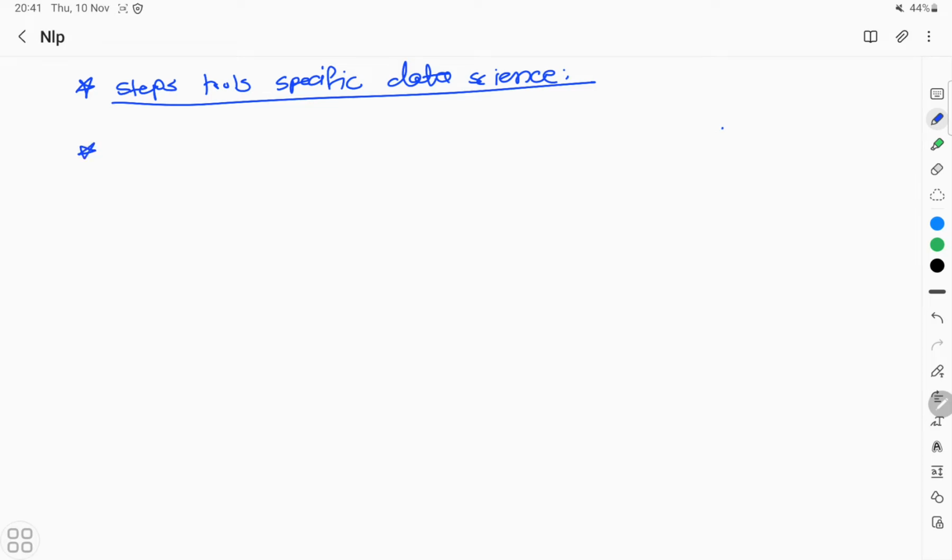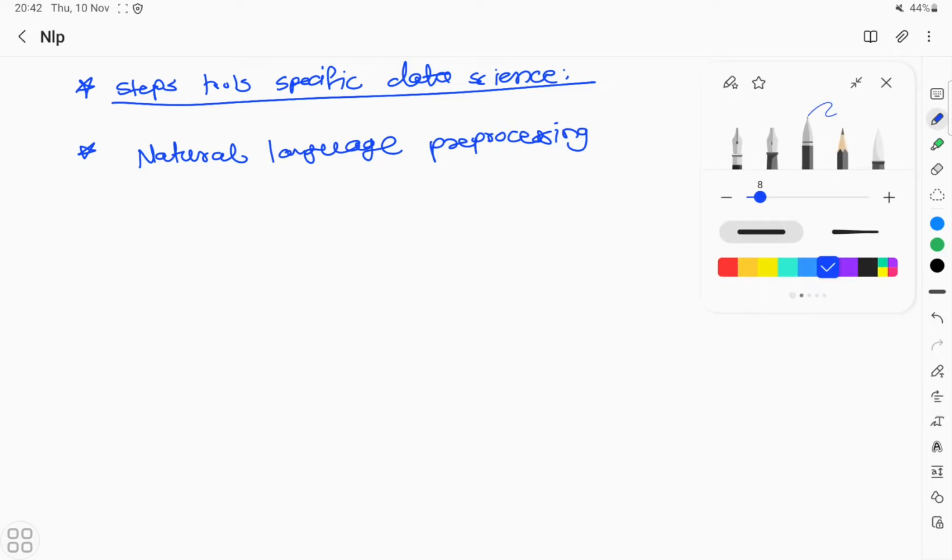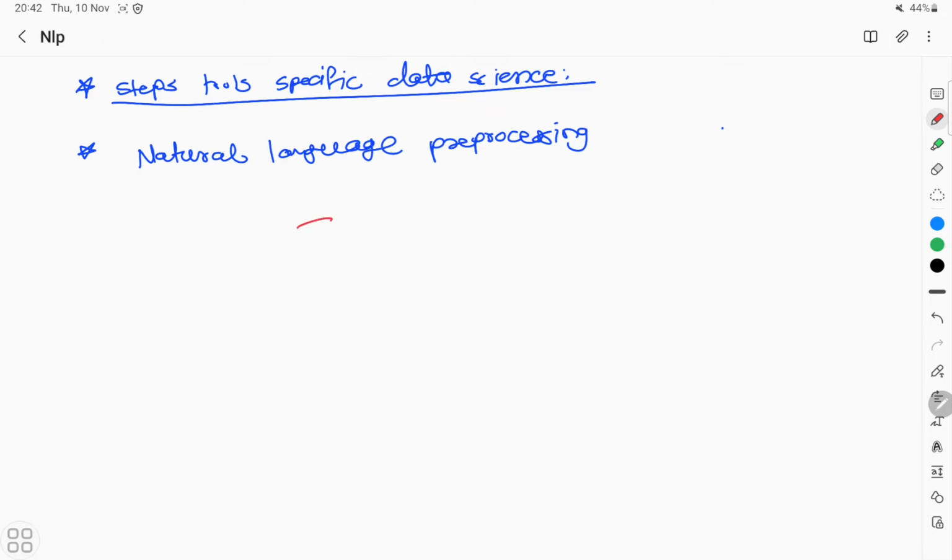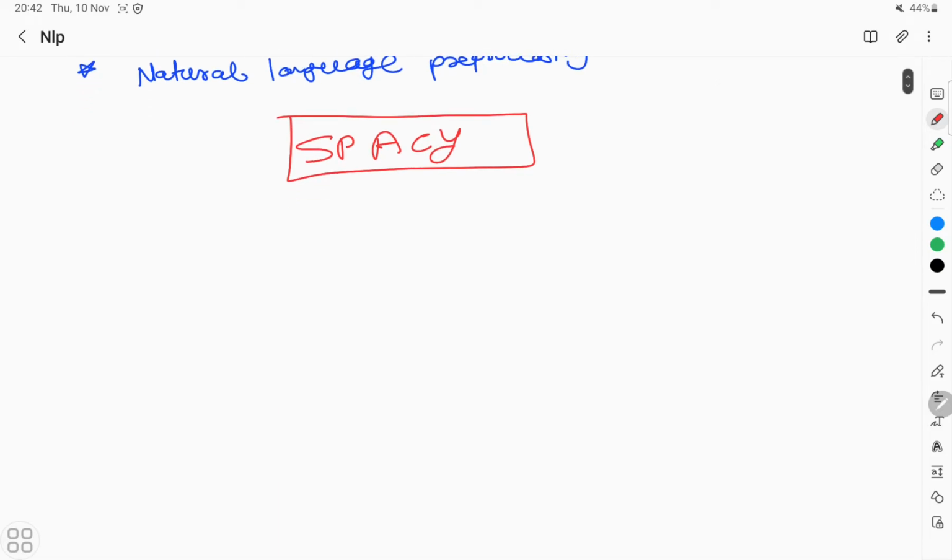So without wasting your time, I'm specifically going to start with natural language preprocessing and its advanced version, spaCy. In natural language preprocessing, I'm going to give you details about the spaCy model and how it works, its architecture, its various components, and we are going to see how that can be used in your advanced NLP projects. So spaCy is nothing but a